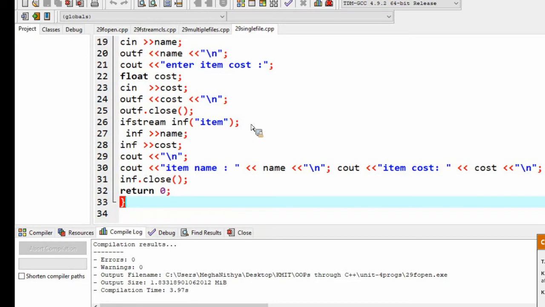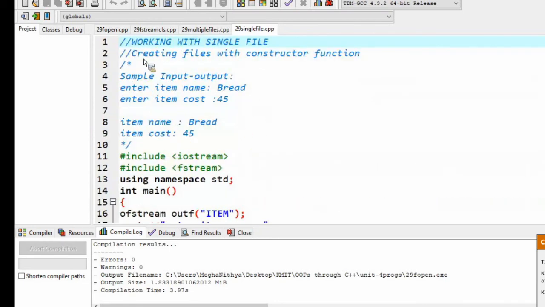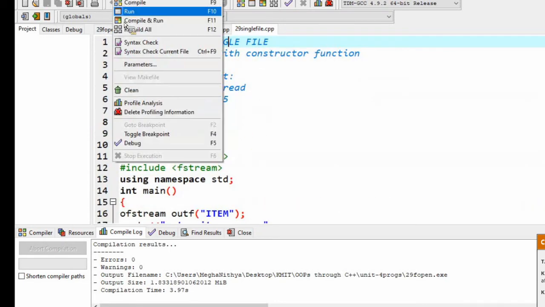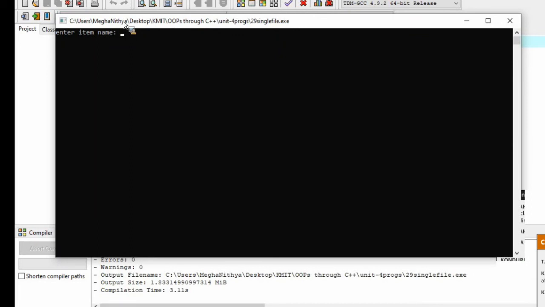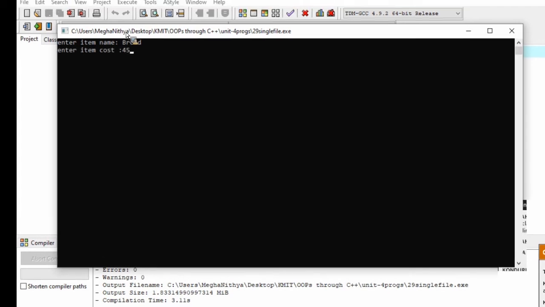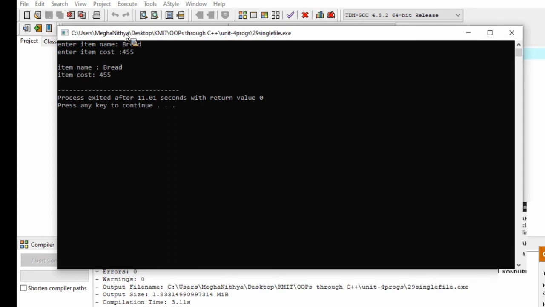We are performing operations on a single file in the same program. Compile and run. Enter the item name, for example, bread. Item cost I'm giving as 445. Whatever I have accepted here, bread, will be written into an output stream by outfile left shift.